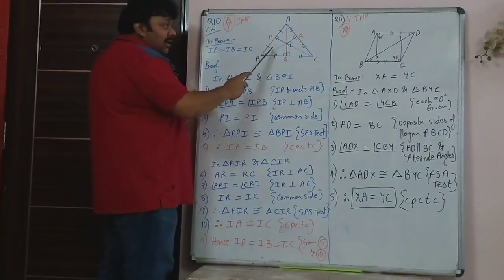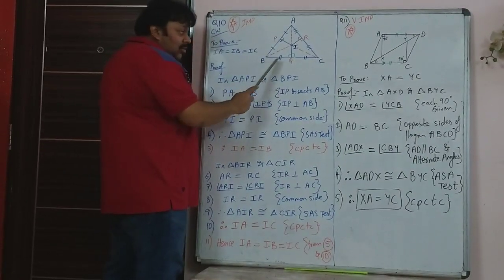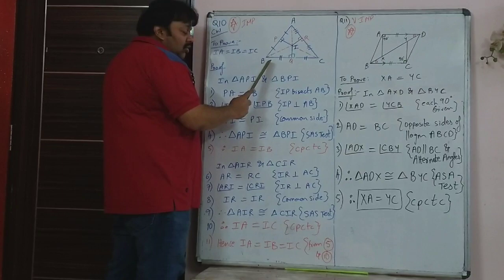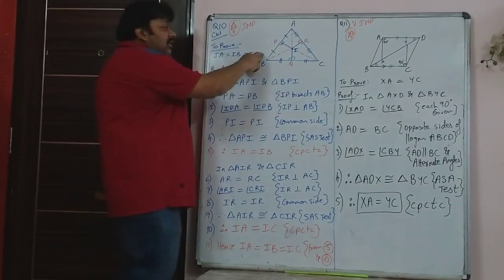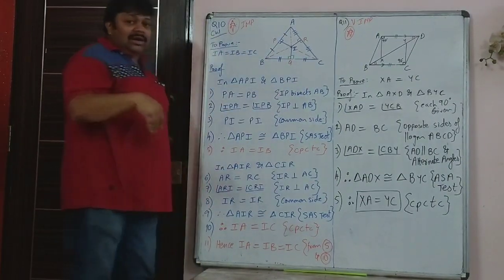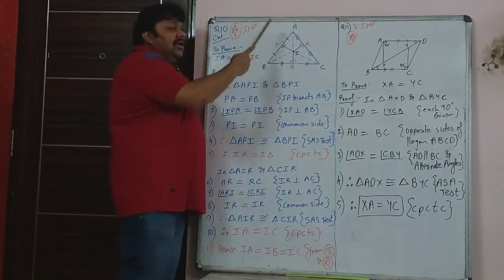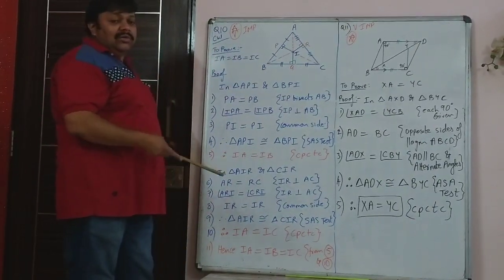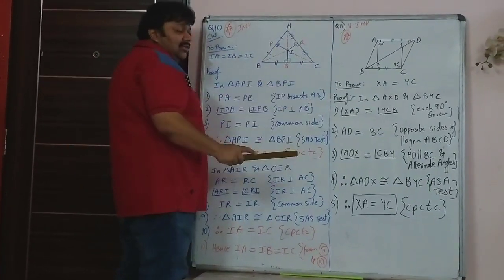Here I had used one line to mention AP is equal to PB. Now I am using two lines to show BQ is equal to QC. I am not using the same thing because no one told me that AB is equal to BC. I can't assume what is not given. It is not given that this triangle is equilateral or isosceles or something like that. So I can't assume AB equal to BC or AC.